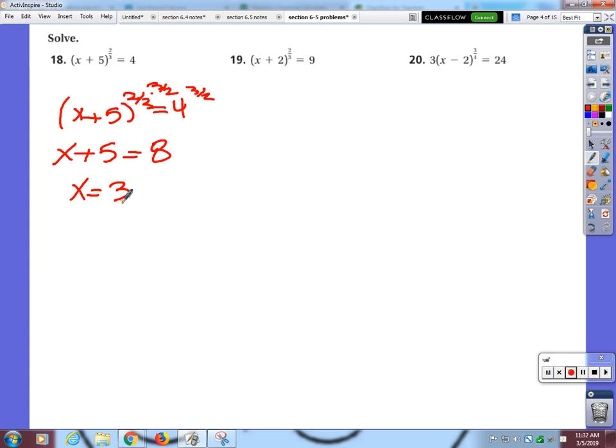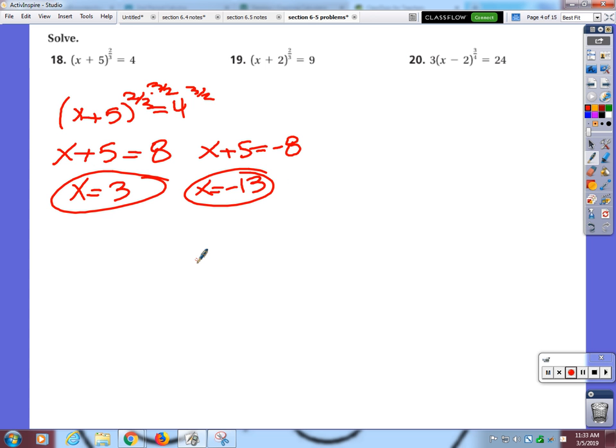Okay, now I'm not going to call myself a liar here, but there is a little piece that I accidentally left out. And that is, when I asked Alexandria what the square root of 4 is, she said 2. Right, but it could also be -2, okay? So if this was -2, then -2 to the third power would equal -8, and then when I subtract 5, I would get x equals -13. So that one actually has 2 answers, okay? Yes, and you can add this into the steps in your notes. I'm going to say this is step 2B,